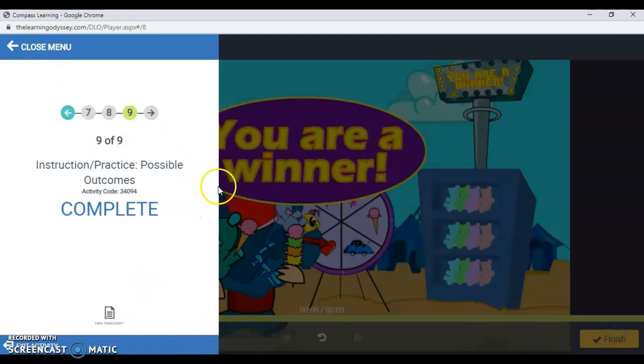Okay, and that's it. That's our Pathblazers for the day. Make sure that you check your Google Classroom because I will be putting an actual question on there. Actually, I think I'm going to do 3 questions and then you can show me the probabilities, okay? And then you can turn that in